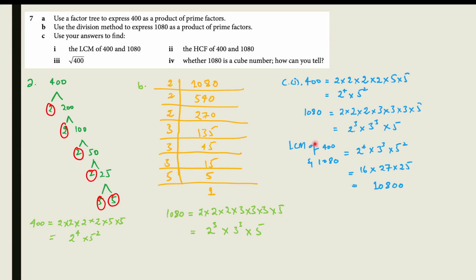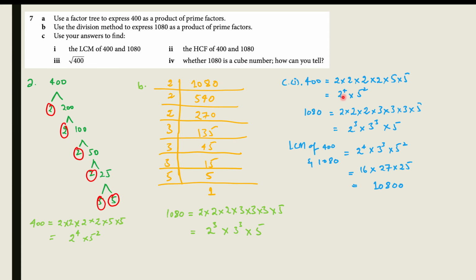The rule is, just as we have mentioned in here, we express the product of prime factor for each number. After doing that, we choose the primes that appear in either number, and we choose the highest power of each